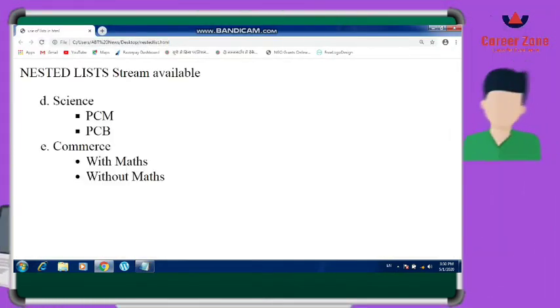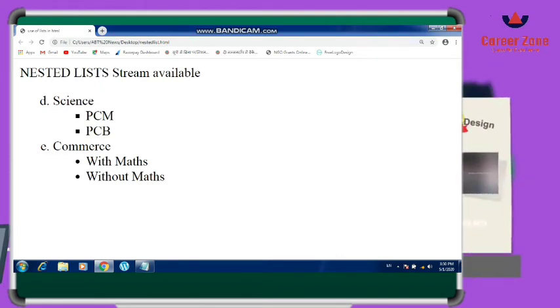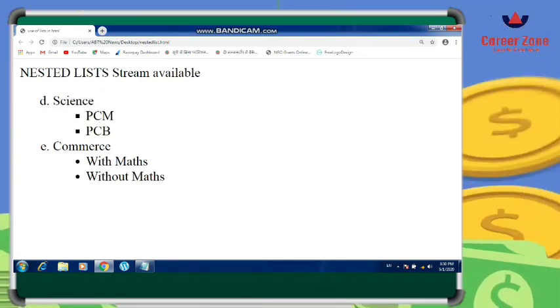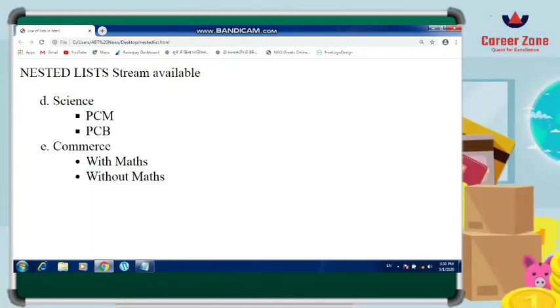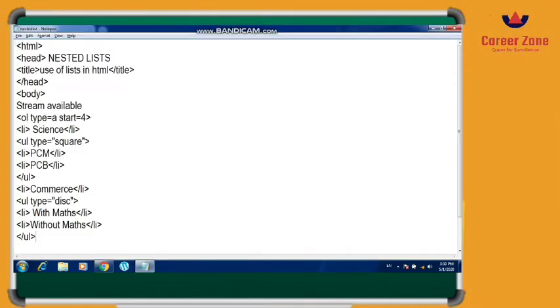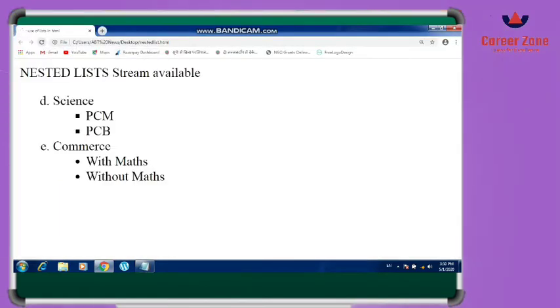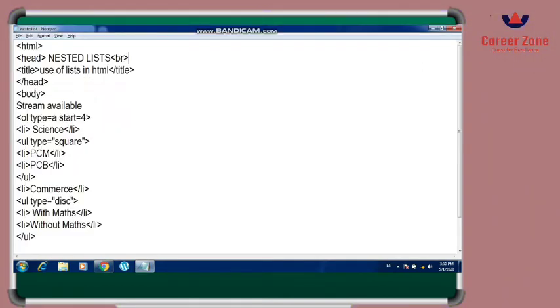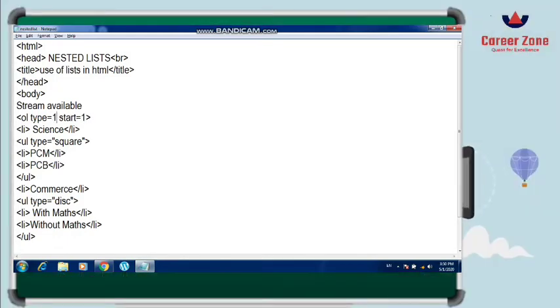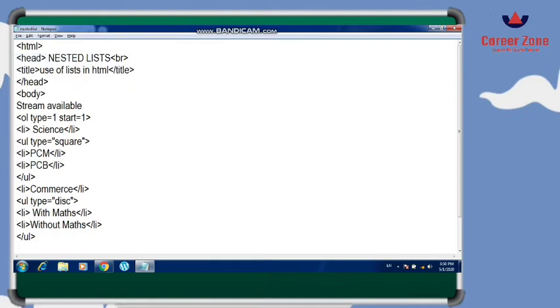So this has come under here, this OL tag. This is the OL tag where the numbering is going, and here the nested list is created within the OL tag. So here if you want to give the difference, you can write here, open the BR tag here and save it, execute it. So it will come under the next line. This is how we can use nested list. Unordered and ordered list we have already seen. So this is how the nested list works.